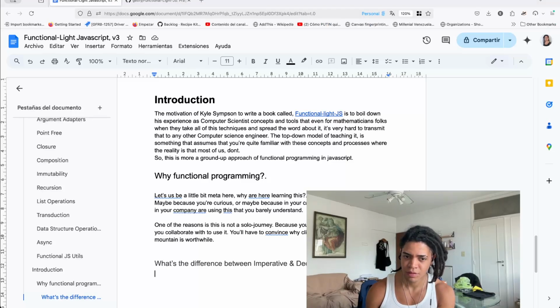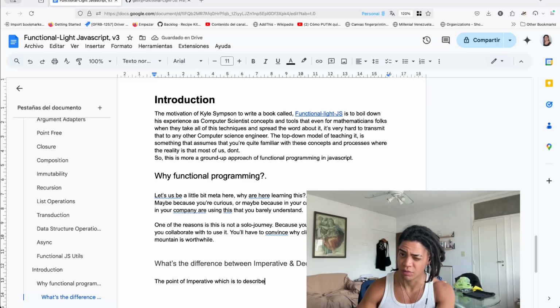to improve. So the point of imperative, and here is where the value proposition of all of this comes from, is to describe how things work, which is efficient for the machine, but with a cost of readability